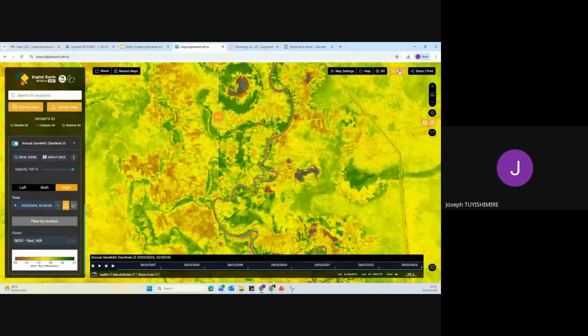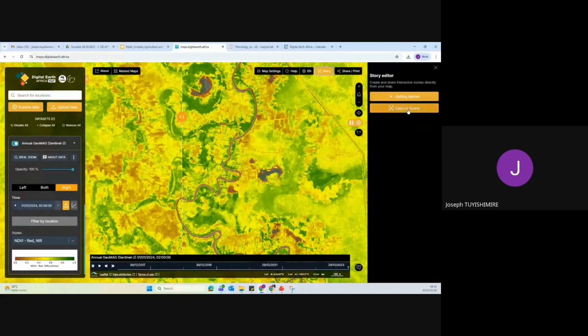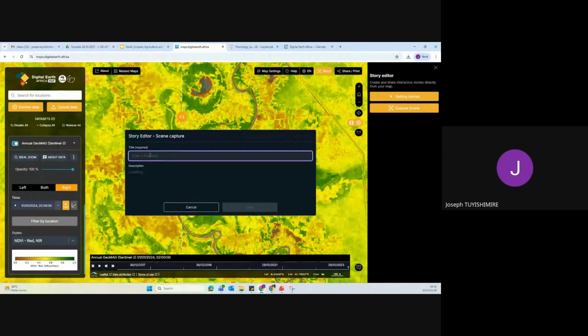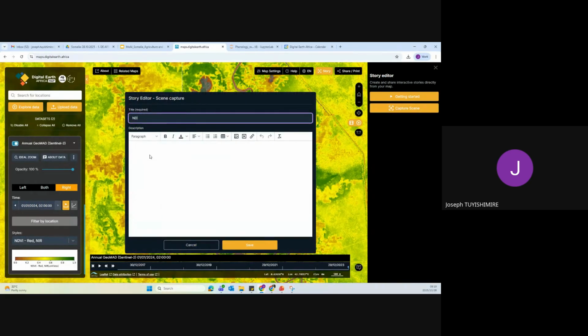So you can create a story map. You can capture the scene, and maybe you can put NDVI, Shebele River, and you can put a text here, 2024 greener than 2017.